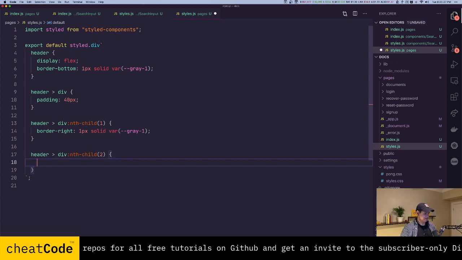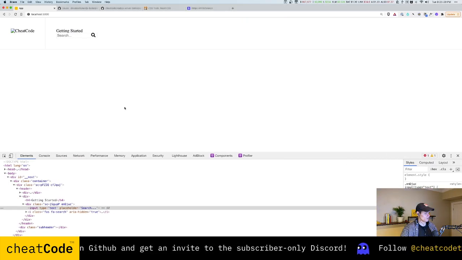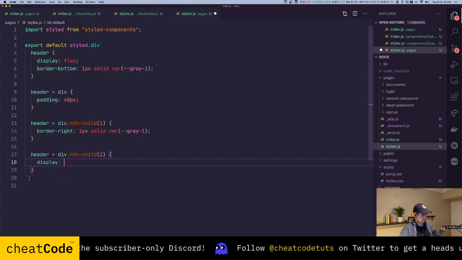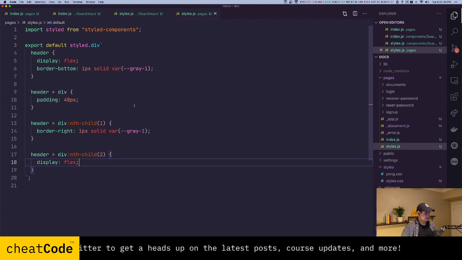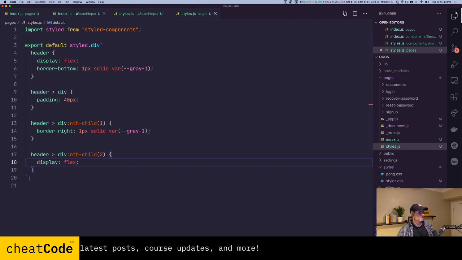So why did I do that? I said nth child 2. I saw something. Oh, that needs to be display flex as well, because I don't want those stacked. And then we're going to tell the search input, and the way we're going to do it is back in